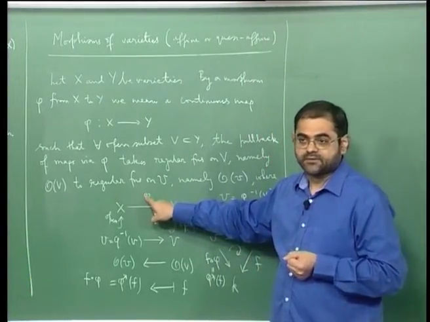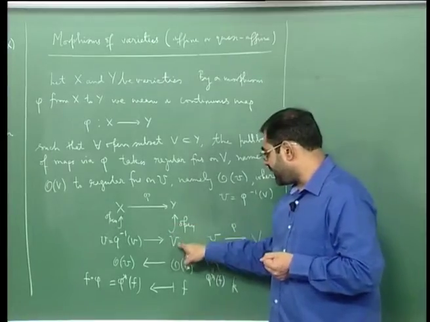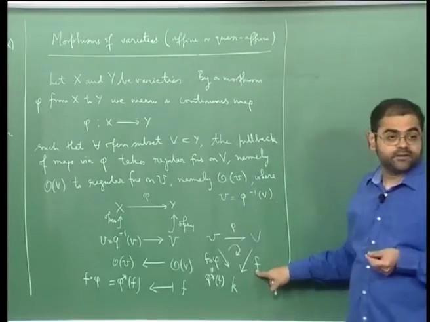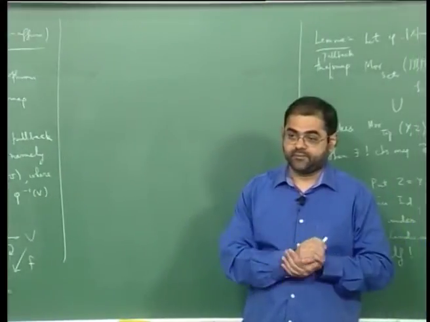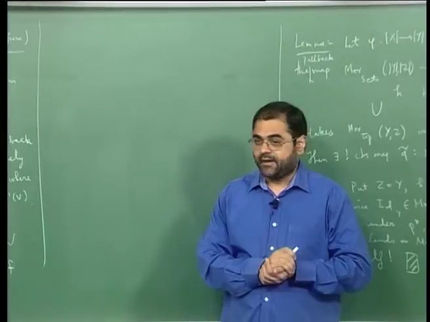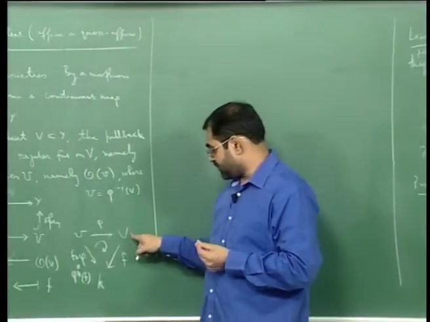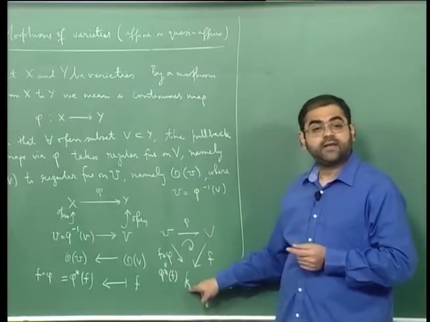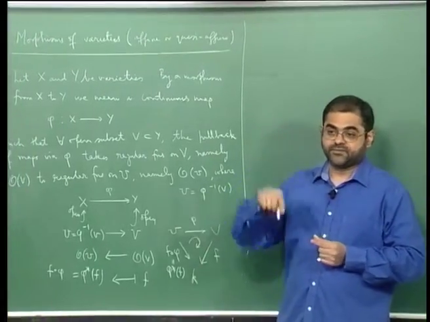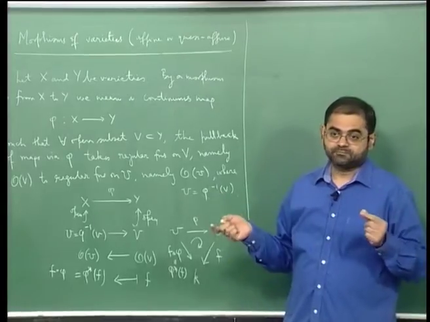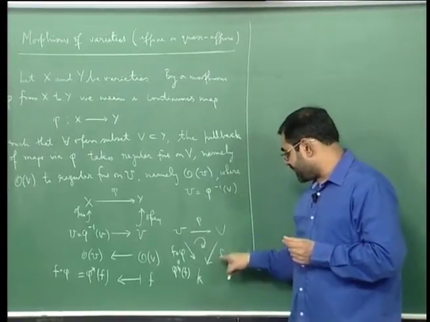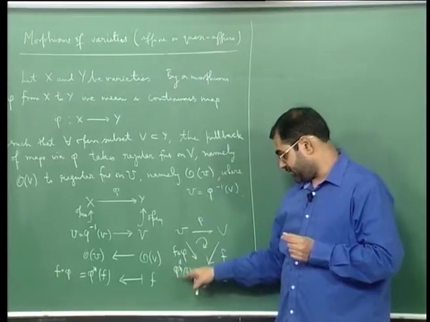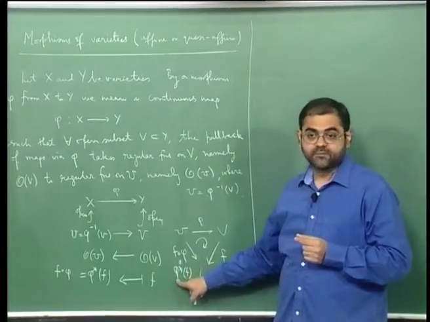phi, of course phi is continuous, and if you give me a regular function f on V, this f is of course going to be continuous, because I have already proved to you that regular functions are continuous. A regular function from a variety is always a continuous map, with the target K being thought of as A1 with the Zariski topology. This is something that we proved last time. Since phi is continuous and f is continuous, it is very clear that f circle phi, which is the pullback of f by phi, also phi upper star f,